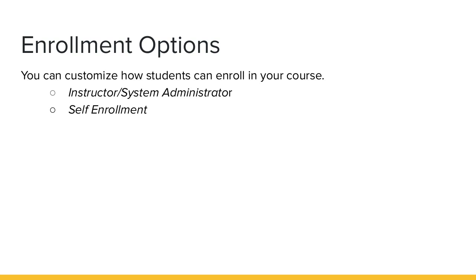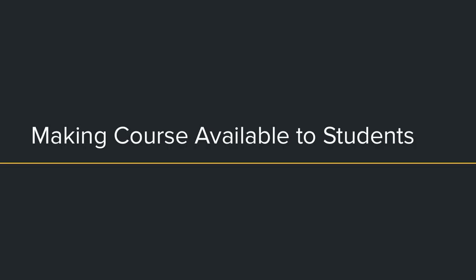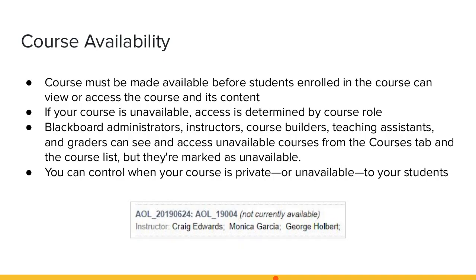All right, so making the course available to students. I can probably go through this pretty fast because I already talked about this. So we talked about availability at the user level. Let's look at course availability at the overall course level. Your course must be made available before students enroll in the course can view or access the course and